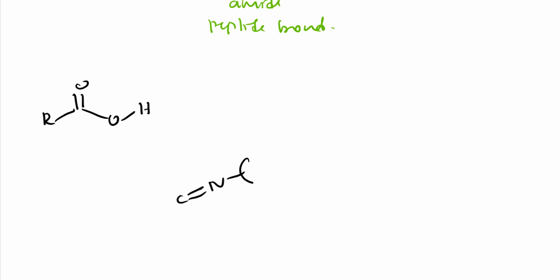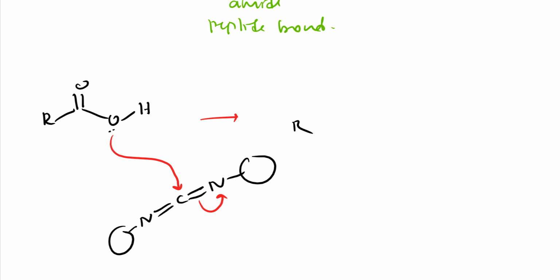So here, a cyclic ring like this, right? What happens, see, this oxygen has lone pairs, so it can attack this carbon as it is more electrophilic, right? So what it is doing indirectly is making this OH a good leaving group. Let me show with green markers. See how it is making it. If I write it, you will get it, right?